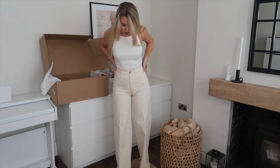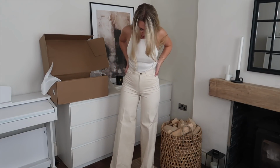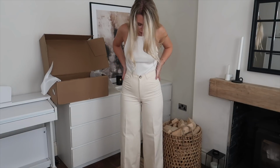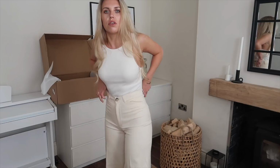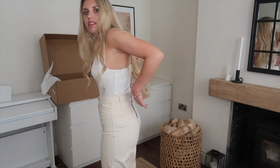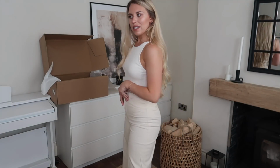I am 5'5", so I'm not the tallest, but even with my highest heels, I feel like they'd only just touch the floor. There's a bit of give, you know, stretch to them, but not so much that they're too big for me, obviously. This bodysuit, however, it's a weird one really, because although I kind of like the look